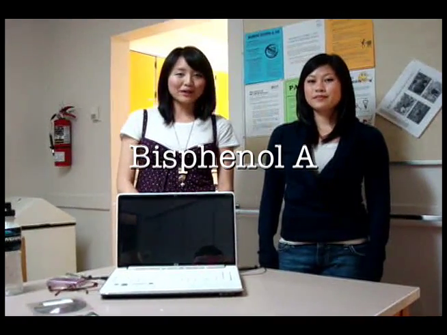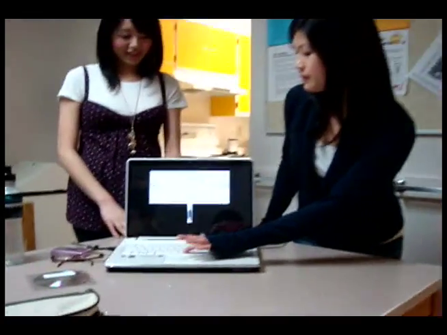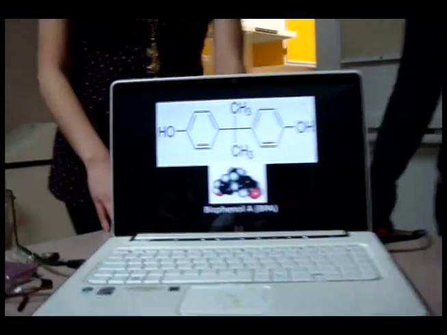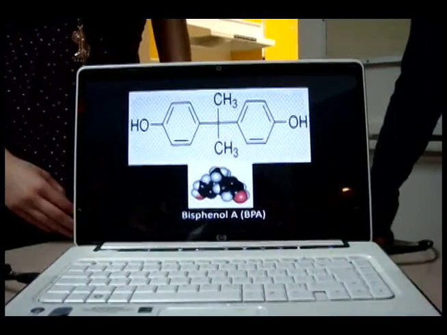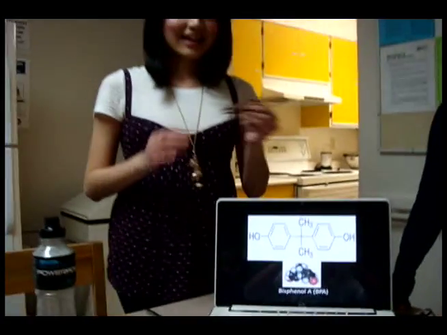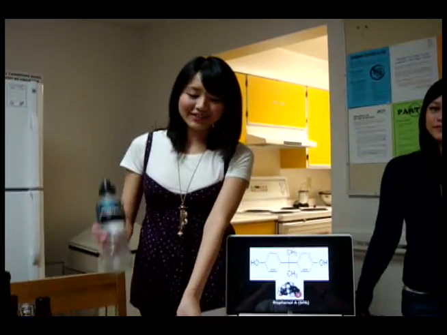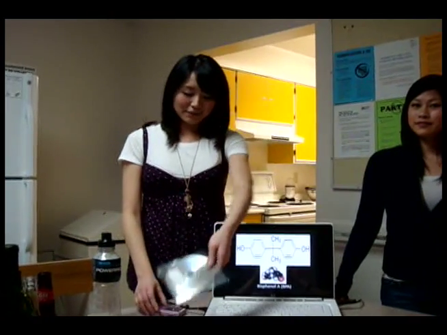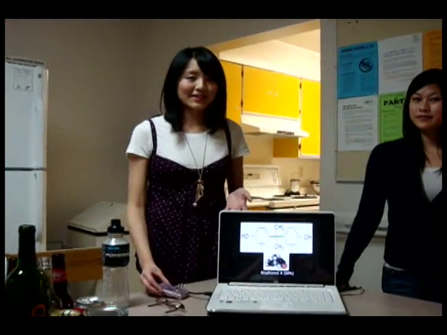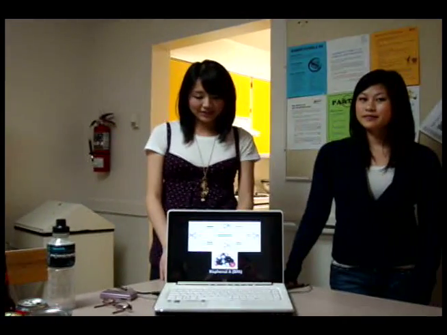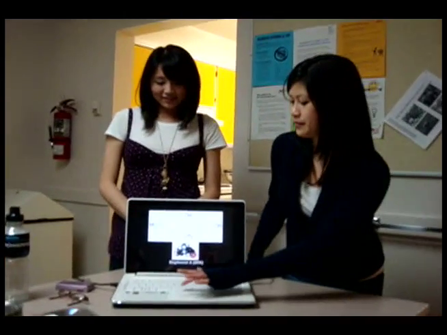Bisphenol-A, BPA, is a white to light brown flake or powder chemical used in industries to make polycarbonate plastics or epoxy resins. Examples of polycarbonate plastics are eyeglass lenses, water bottles, CDs, DVDs, cell phones, computers, as well as food containers. Examples of epoxy resins are printed circuit boards,